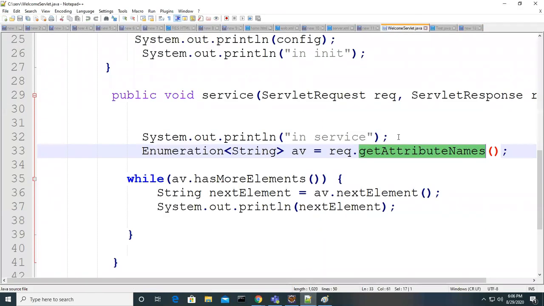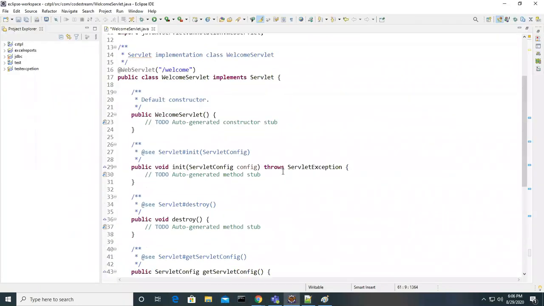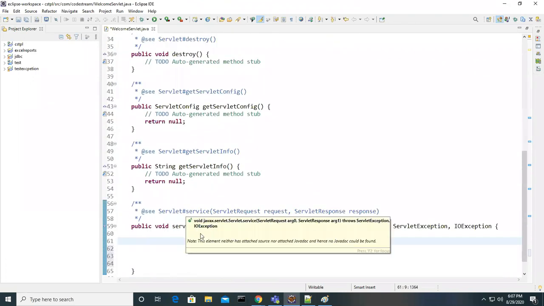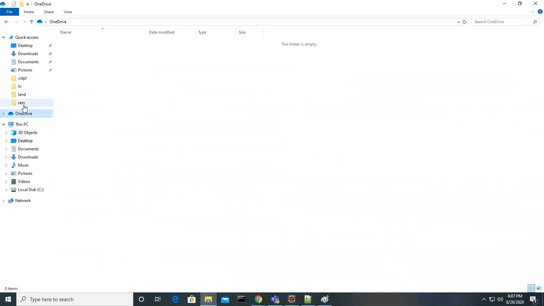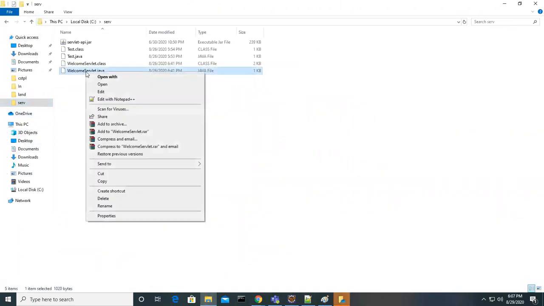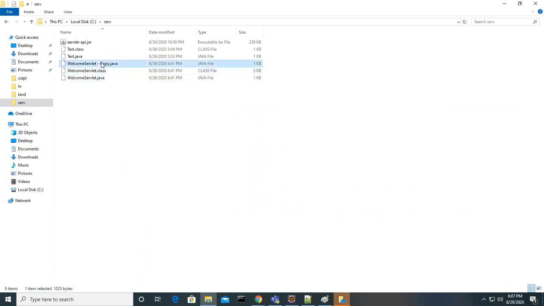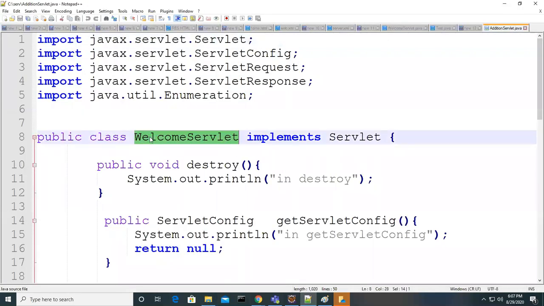I already have one servlet here, so let me work in this servlet. Where is our program, guys? I'm just going to take another servlet, and I'm naming it addition servlet.